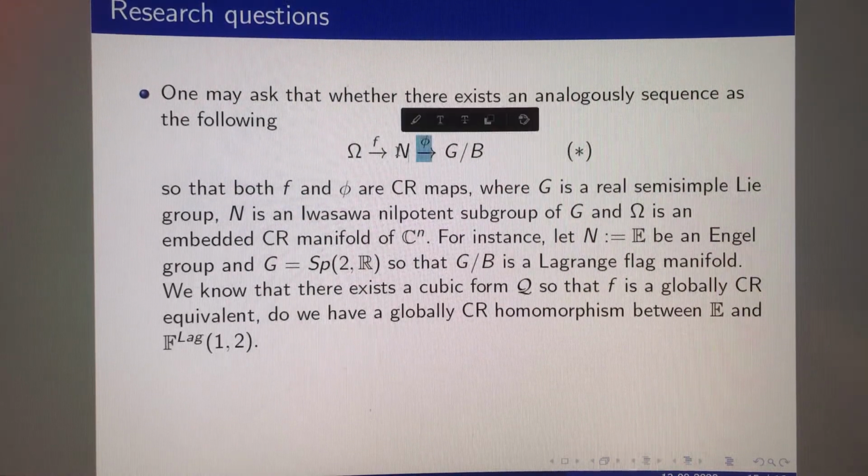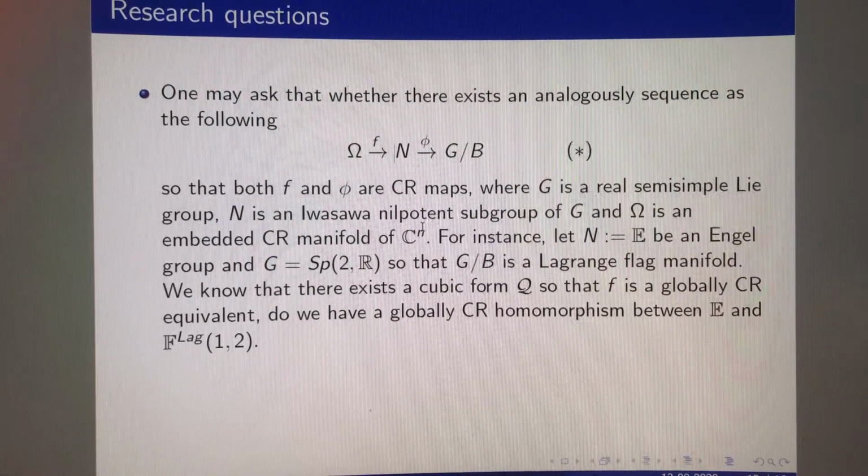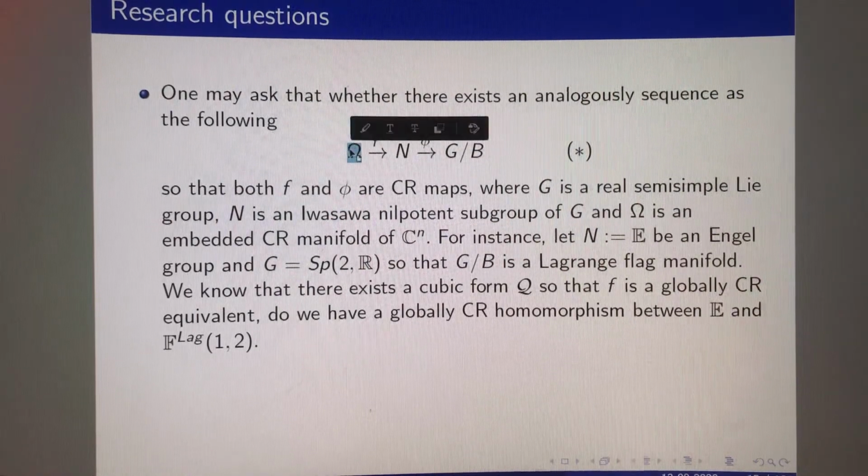And we assume that N is an Iwasawa nilpotent subgroup. By Iwasawa nilpotent subgroup, I mean that in the Iwasawa decomposition of G, N is the nilpotent part in this Iwasawa decomposition. We assume that this Iwasawa nilpotent subgroup admits a CR structure, and Omega here is an embedded CR manifold with the same CR type